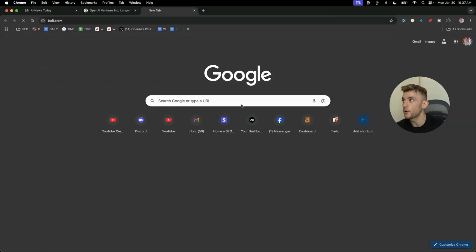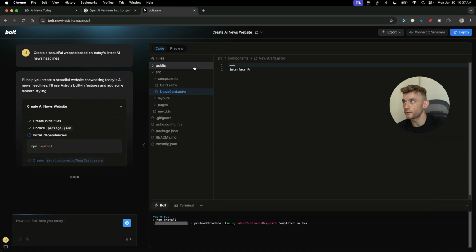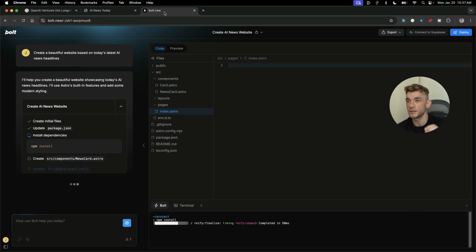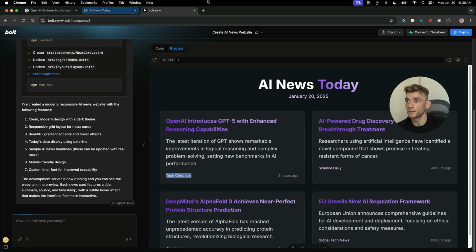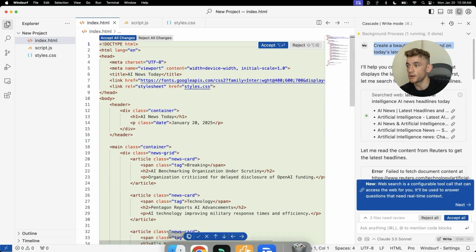We're going to go to bolt.new and test this out to see how it performs side by side and what this creates step by step. Number one, the project is going to be a lot more complex in bolt.new, whereas inside Windsurf it just creates the CSS, the HTML, the JS, and then boom shakalaka, you can create whatever you want. The other difference here is, of course, Windsurf is hosted locally,